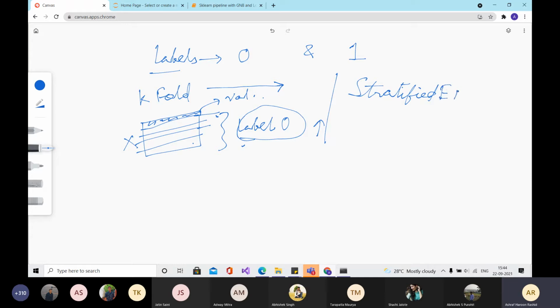and it makes sure that the proportion of samples of each label is similar in the training as well as the validation set.